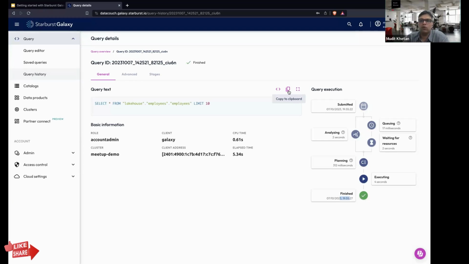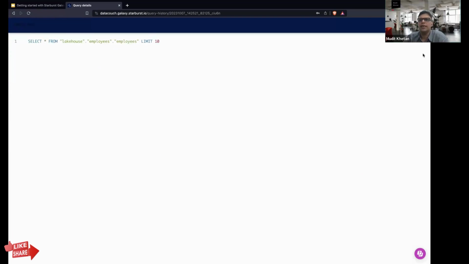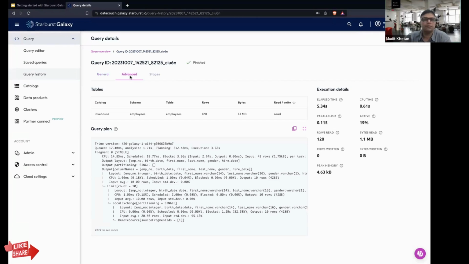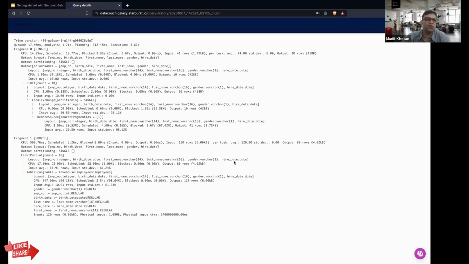If I want to check out more details, I can see the full query text, which is useful if the query is quite large. So that is how I can go about it. If I click on advanced, you can see it is also giving me the execution query plan, showing at what stage what was done.